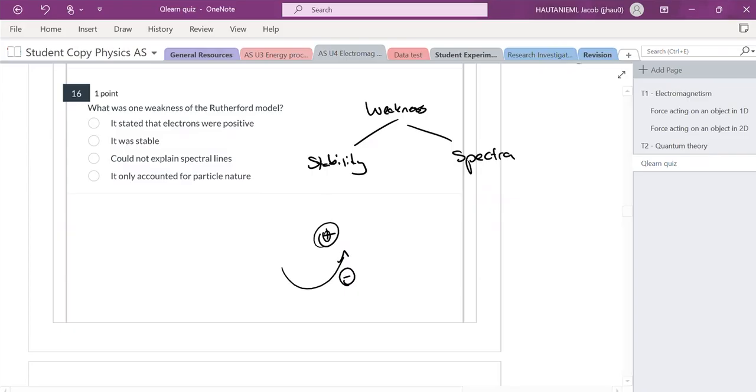We'll ignore them. Okay, and its inability to explain spectra. Spectra is the fact that if we look at any kind of atom or any kind of metal or particle and its emission spectra,